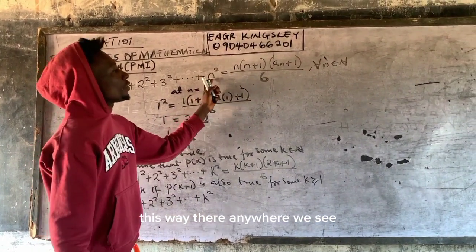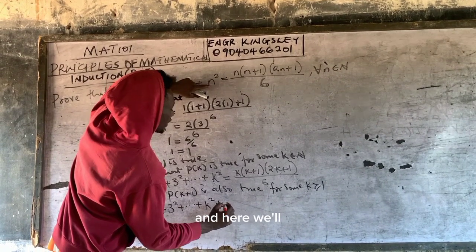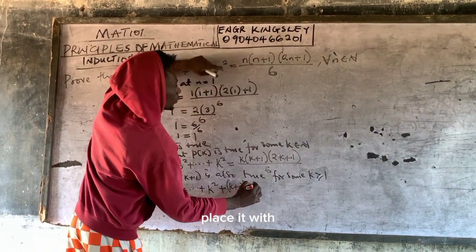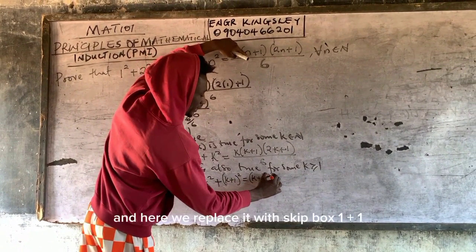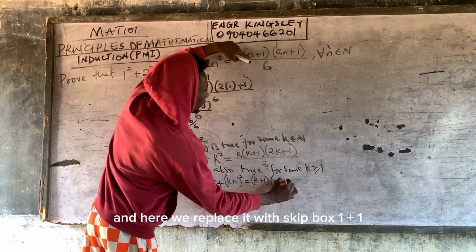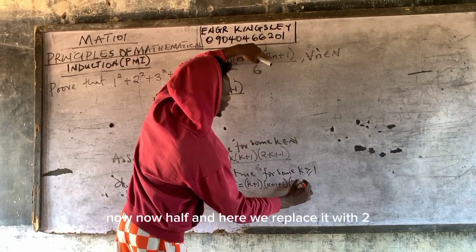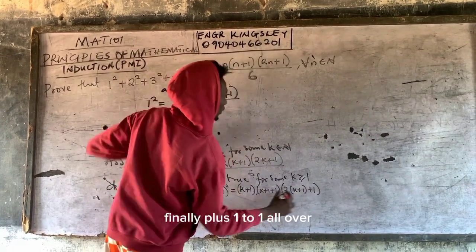Then anywhere we see n here, we replace it with k plus 1. You have here the n squared, we have k plus 1 all squared. Equal to half n here, we replace it with k plus 1. Half n here, we replace it with k plus 1 plus 1. Then we now have n here, we replace it with 2. Instead of writing n, what we write is k plus 1. Finally plus 1 all over